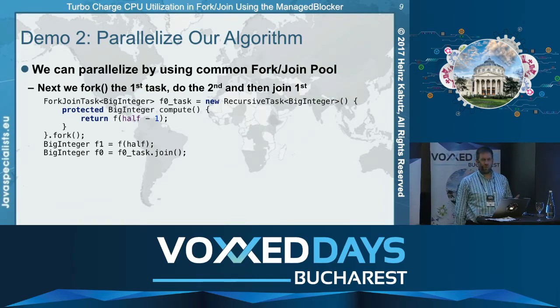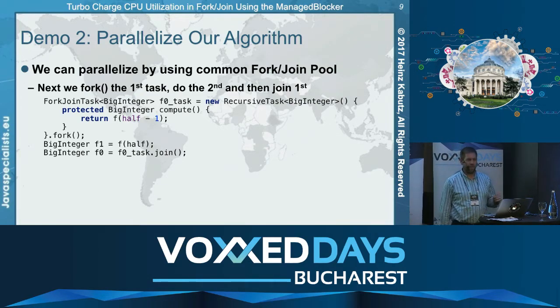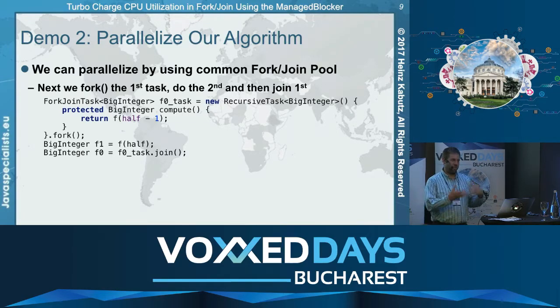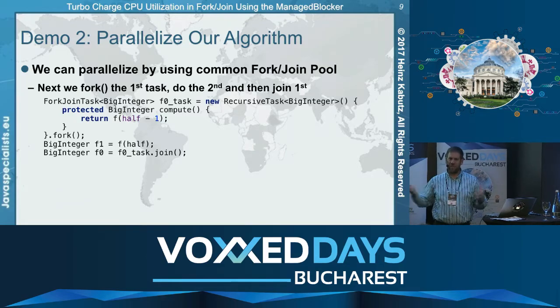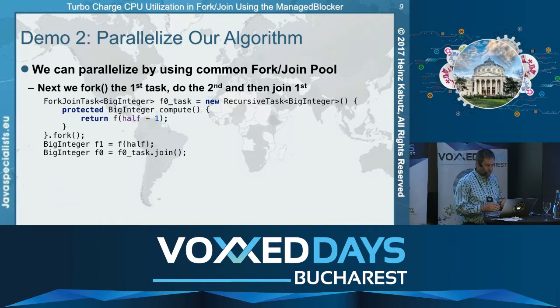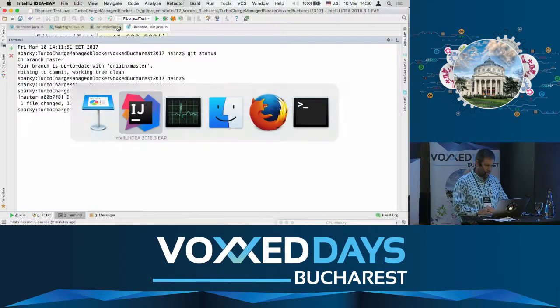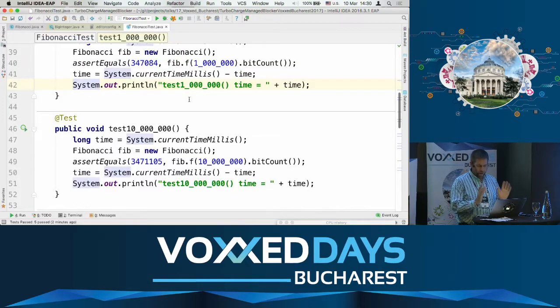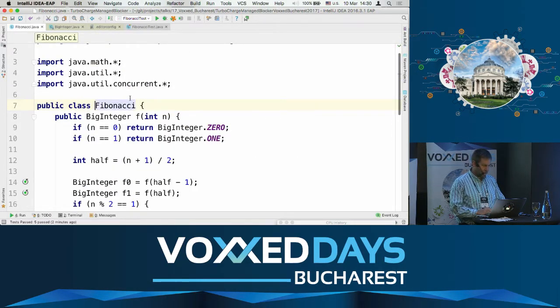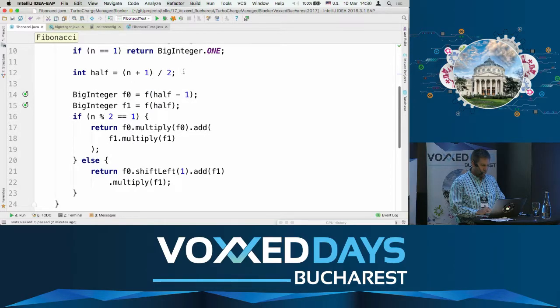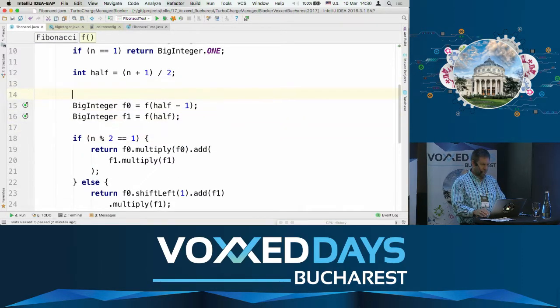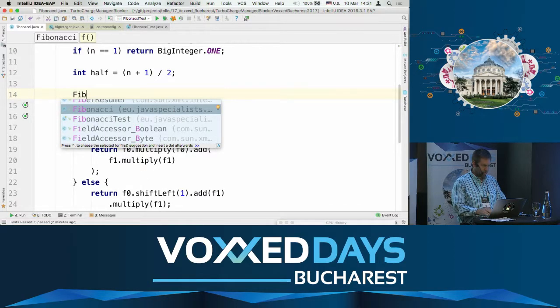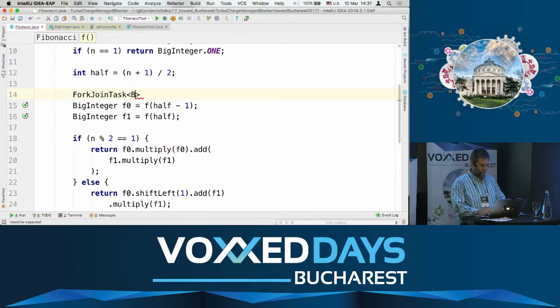And the common fork join pool is normally sized according to your physical hardware by some relation. So it probably is going to utilize your available hardware. All right, let's go and do this and see if it makes a difference. So we're running at 44 seconds. We want to make this faster. And we're going to take the first big integer calculation, and we're going to say Fibonacci, a fork join task of big integer,